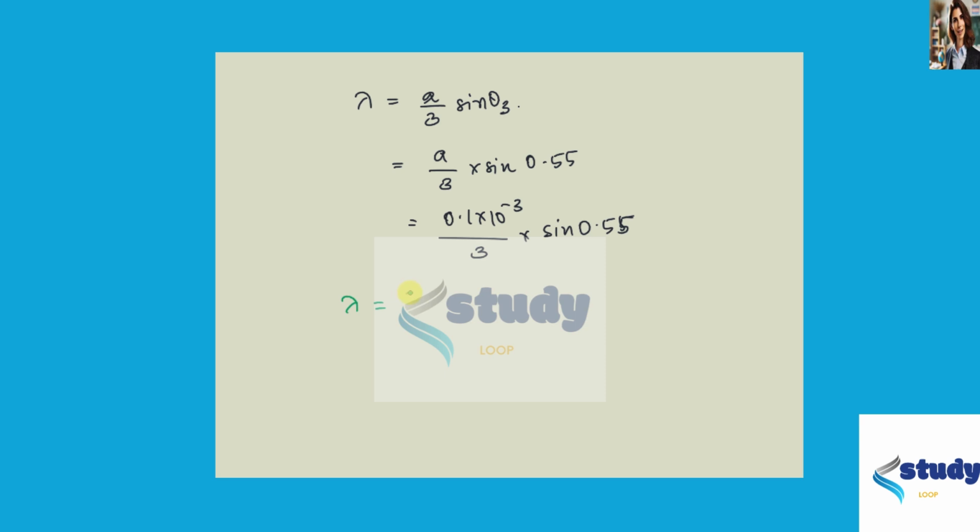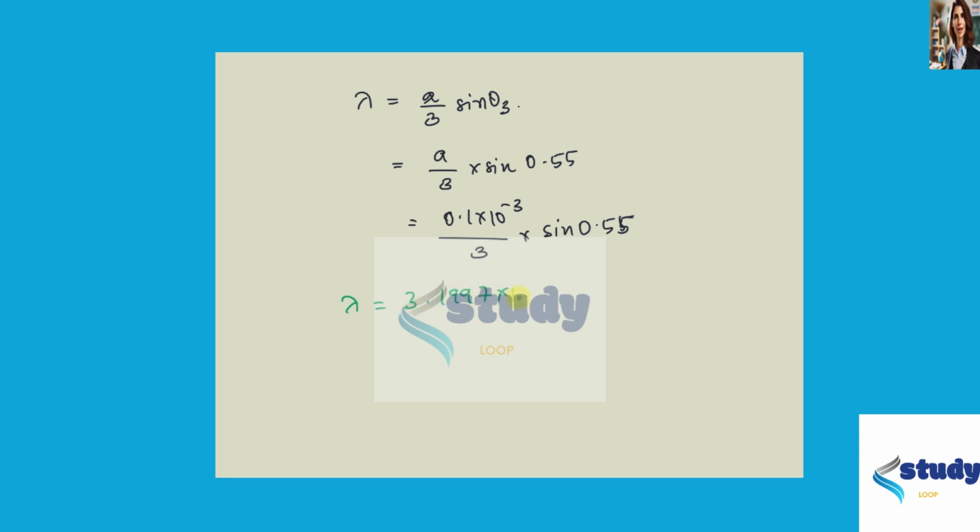Substituting this value of theta 3 into the expression of lambda equal to a by 3 sin theta 3, we get a by 3 into sin 0.55. a is equal to 0.1 into 10 raised to minus 3 divided by 3 into sin 0.55. On solving this, we will obtain the value of wavelength lambda as